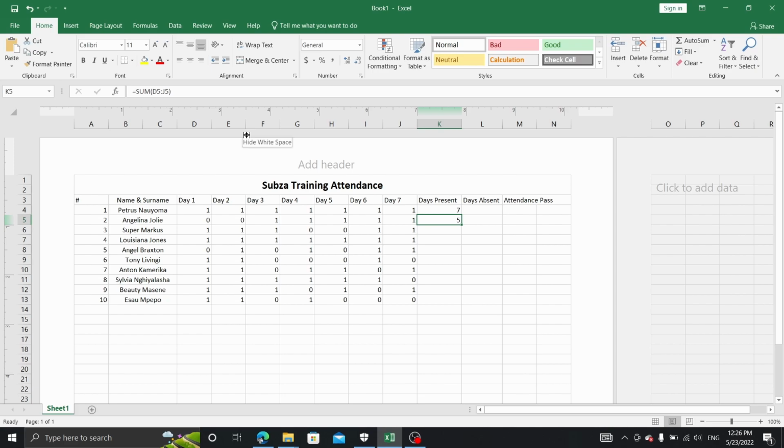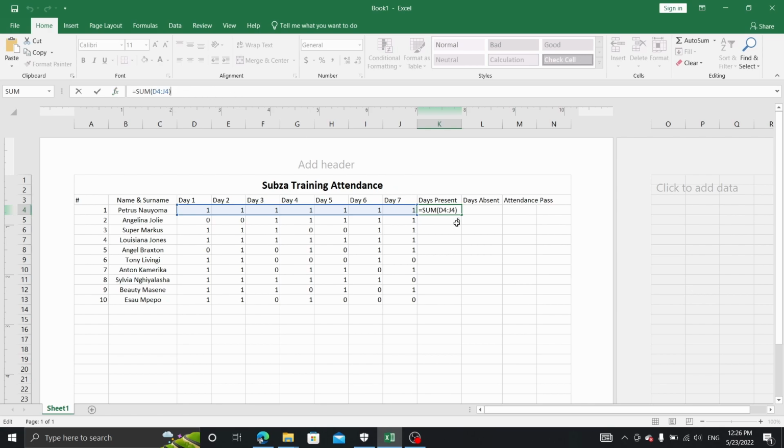Isn't that cool? Either way, if you are asked in a test what's the difference between a function and a formula, it's basically the same thing, but a function is already a predefined formula which you find in Excel, whereas a formula is a custom formula which you defined yourself. Now, again, you can see the name of the formula in the formula bar over here, and that's looking pretty cool,